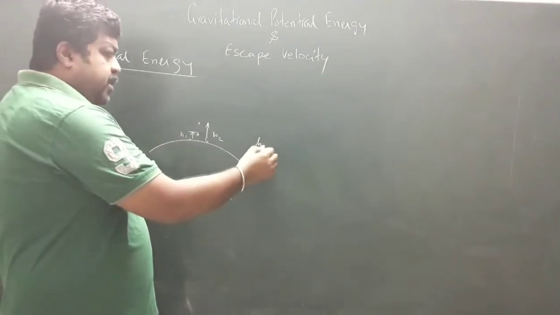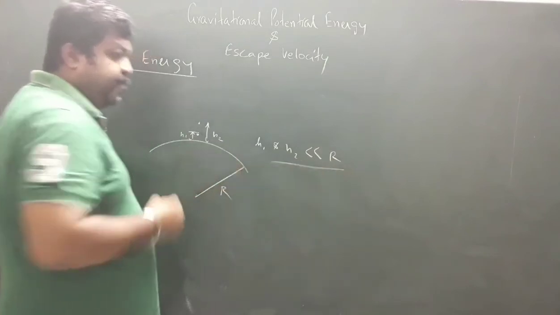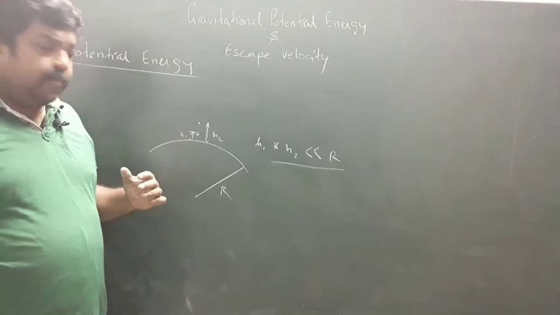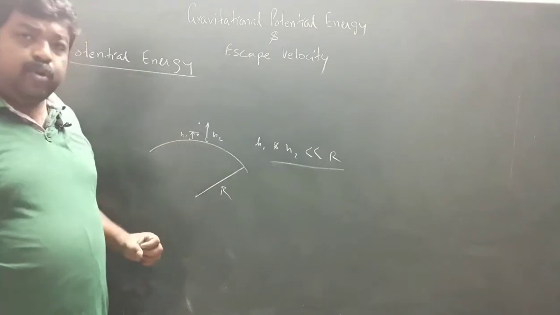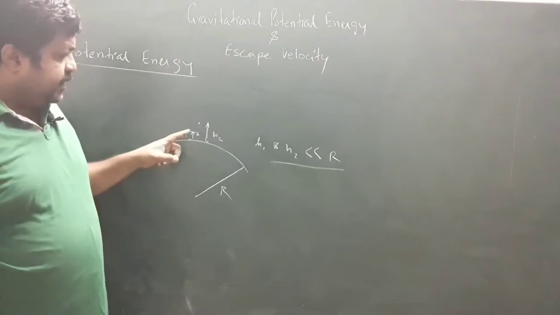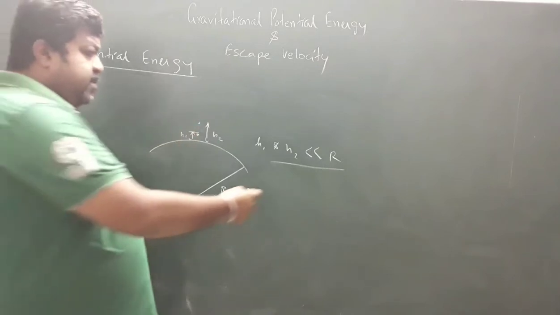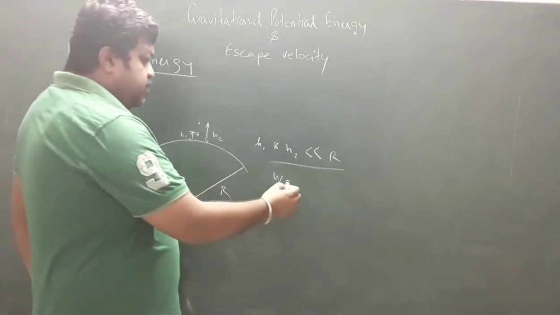Now h1 and h2 are quite small compared to r. That means the gravitational pull on the object at h1 and h2 will be the same. That gravitational pull is the weight of the body,